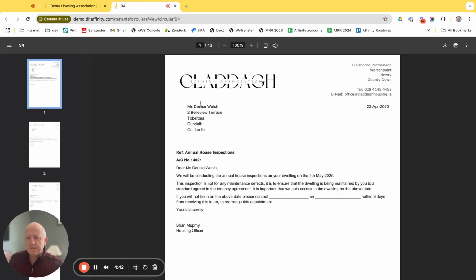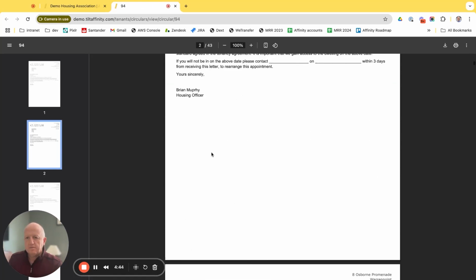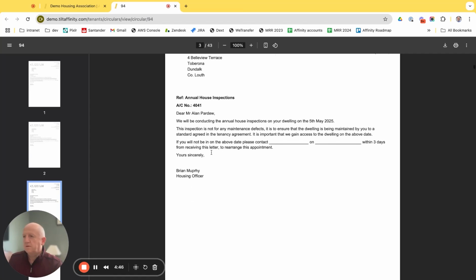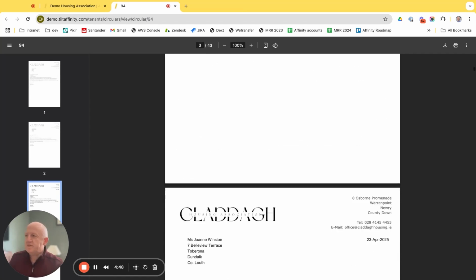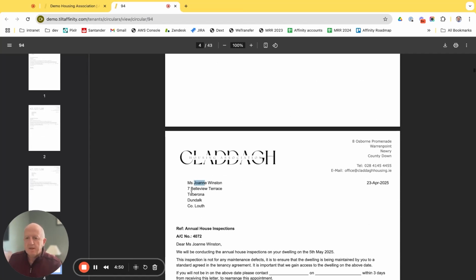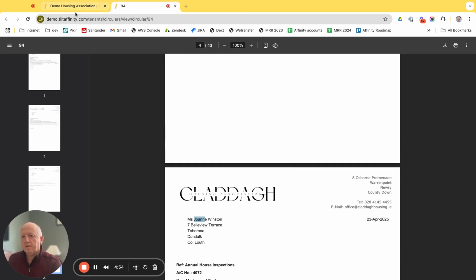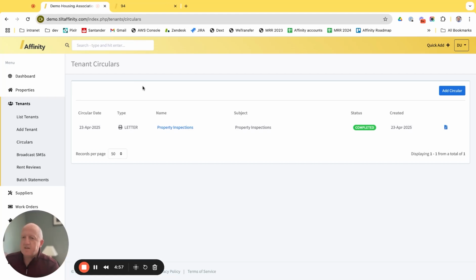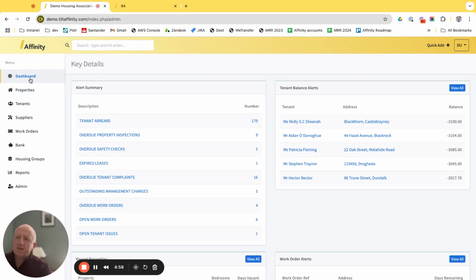So let's view the resulting output. We'll see that we have a letter for each tenant, with every letter customized with the relevant tenant's name, address, and account number. As you can see, with Affinity, communication is clear, consistent, and coordinated, helping you build better relationships